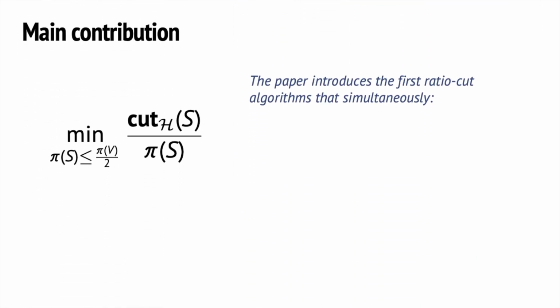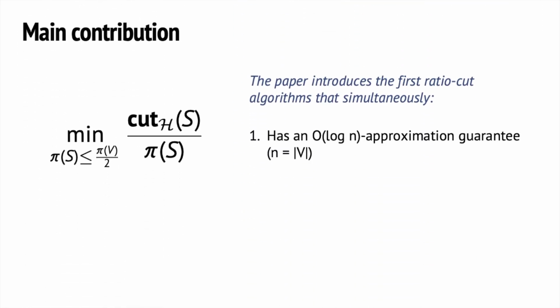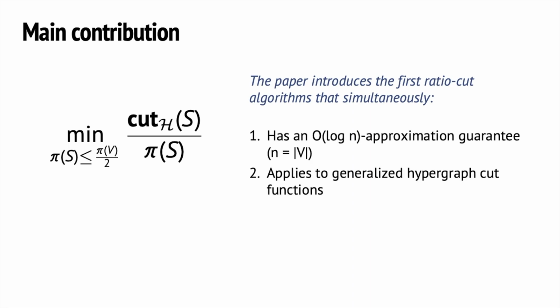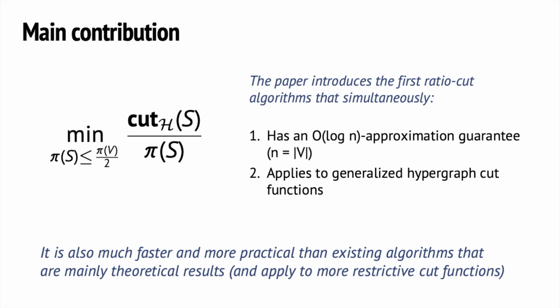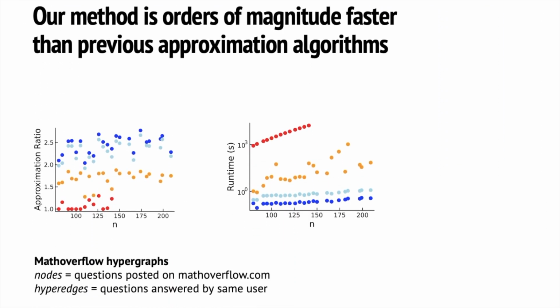The main contribution of my paper is the first approximation algorithm that comes with an order log n approximation guarantee and applies to generalized hypergraph cut functions. The algorithm is also fast and practical, unlike previous approximation algorithms that satisfy nice theoretical guarantees, but are mostly viewed as theoretical results. Here's a quick comparison between two different variations of my method, in light and dark blue, and